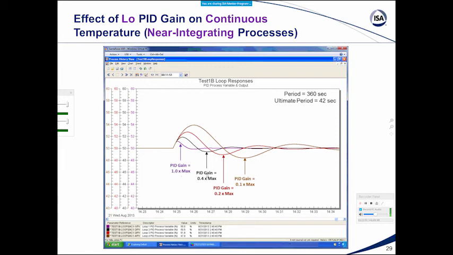And the problem you get into with this is that if you are cautious about using the maximum PID gain, which often is the case because the maximum PID gain, particularly for well-designed, well-mixed, stirred liquid reactors, can be as high as 25, 50, or more. I've seen 75. And people are not used to that. So they say, oh, a gain of 75. Well, I can't do that. I'll use a gain of 2.